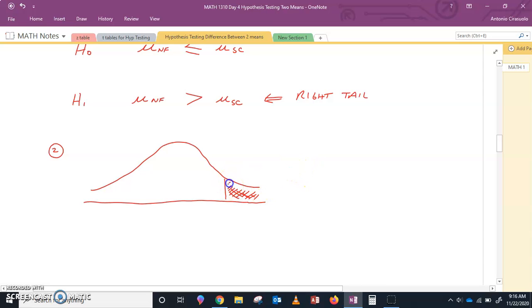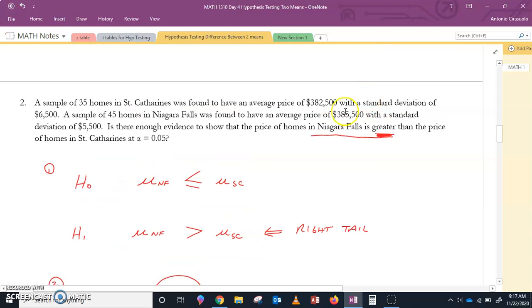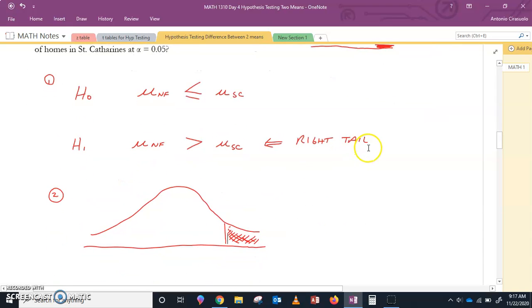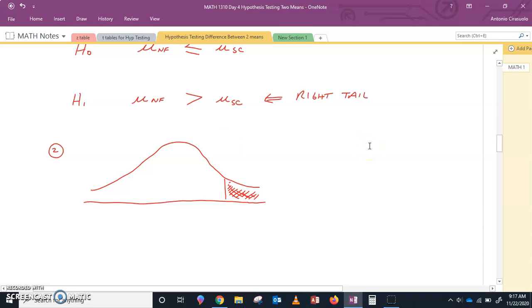But this is the rejection region, and we have to look at the alpha. Alpha is 0.05. So the area here is 0.05. That would mean that this is